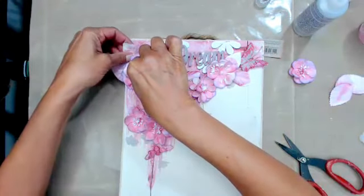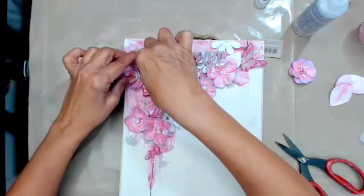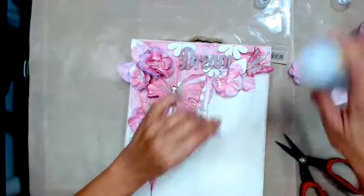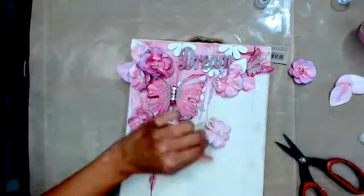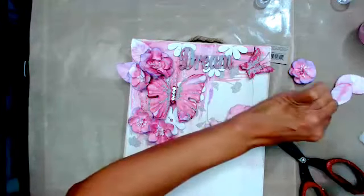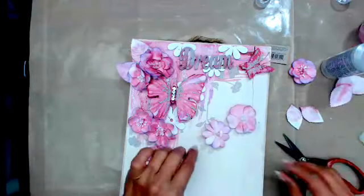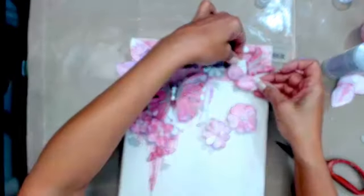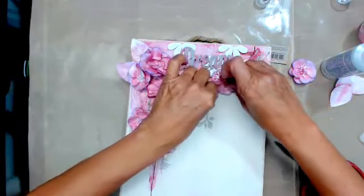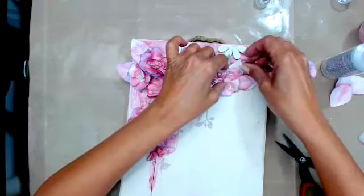The one thing about the new glue, though, is it's a little wetter. So it may take a tiny bit longer to grab. I think those are grabbed. We'll come back. You can do a few at a time if you want. We're going to do that. Let's see, how about right there? Remember, this is grabbing, but I can still move those because I know they're going to be covered. Normally I'd tuck the leaves in after, but